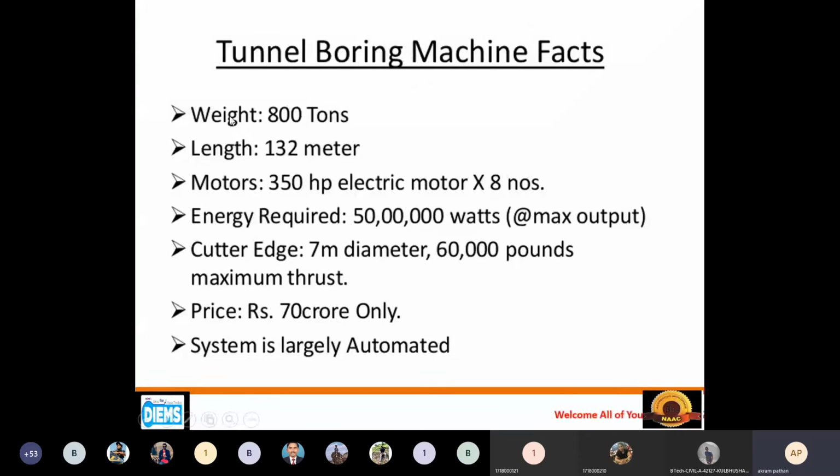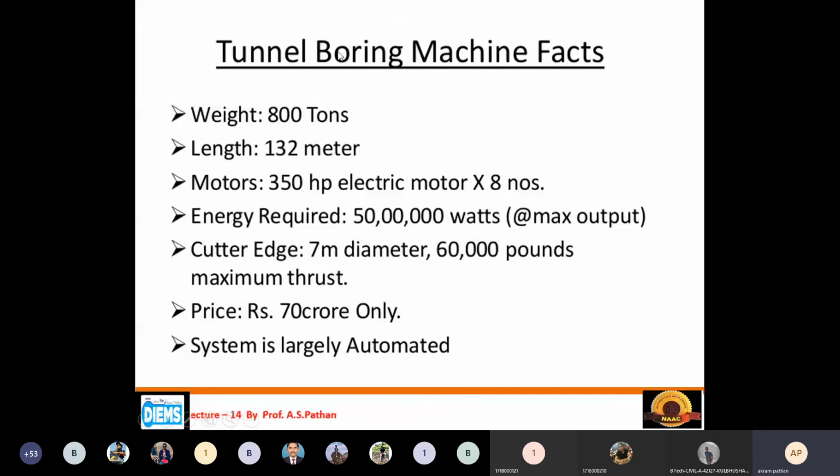Then if you see the features of this particular machine, the weight is generally 800 tons, about 810. The length of this machine is 132 meter. We require 350 HP electric motors, 8 numbers.